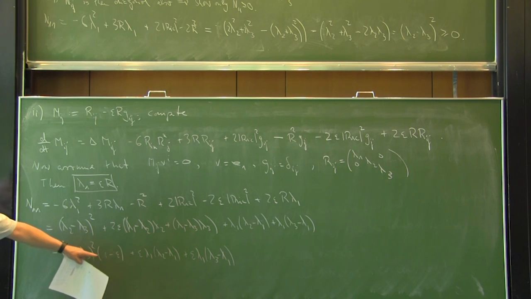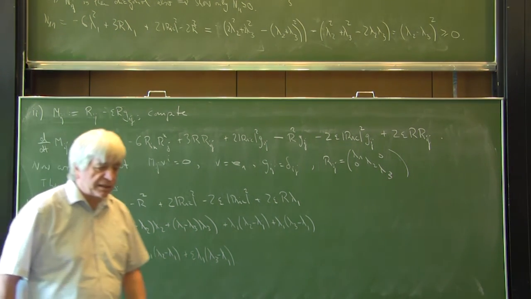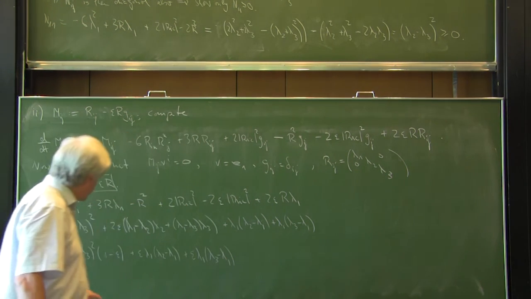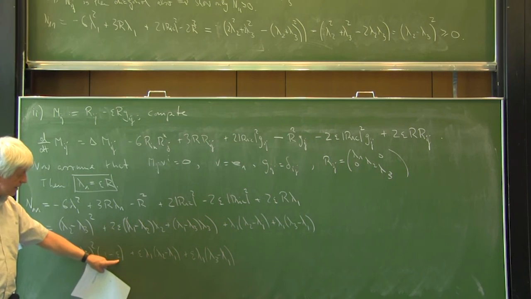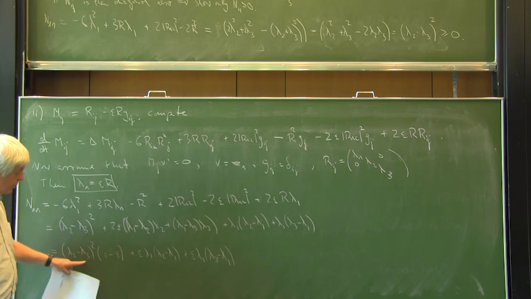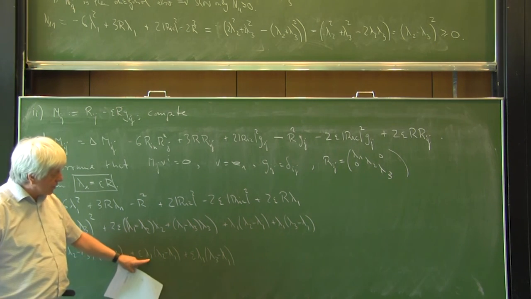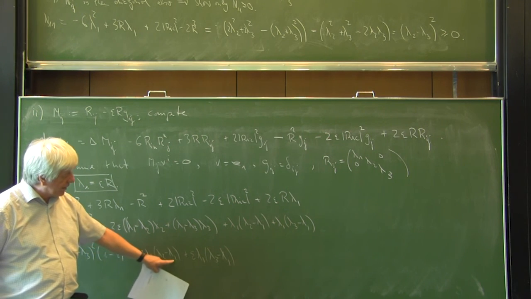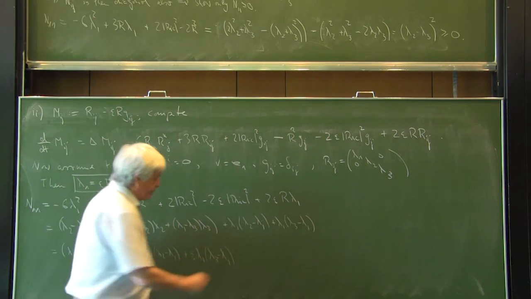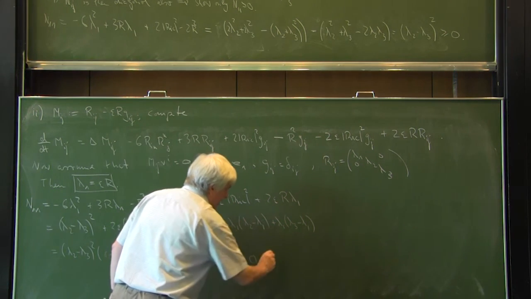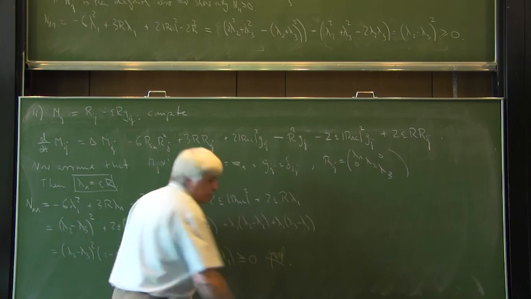Of course you can't prove this with epsilon equal to 1, it would be wrong. The smallest eigenvalue always has to be less than 1/3 of r. So epsilon is somewhere between 0 and 1/3, and then this is positive. And since lambda 1 was the smallest eigenvalue, lambda 2 is bigger than lambda 1, and lambda 3 is bigger than lambda 1. So the whole thing is greater or equal to 0. That's what is needed to prove this estimate.